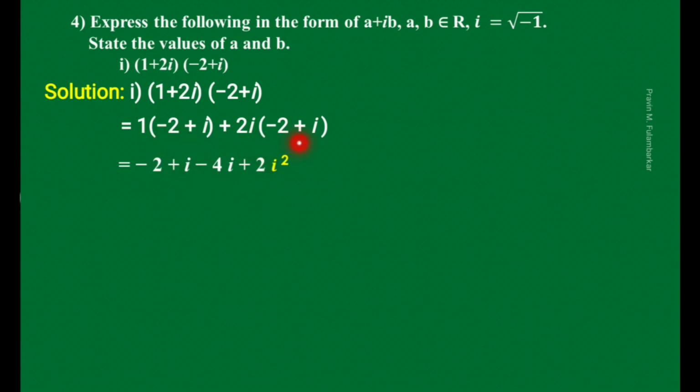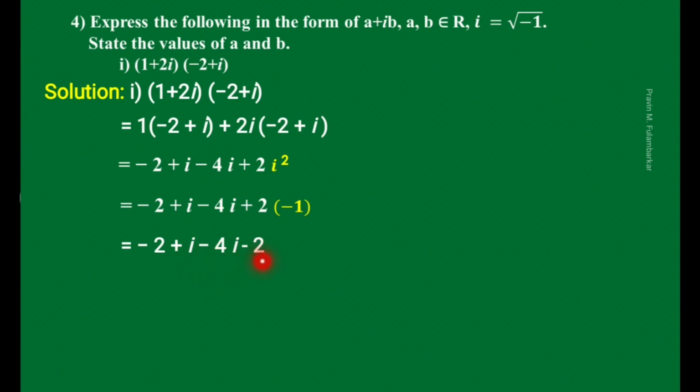Now multiply by 2i to the second bracket, so 2 into 2, and here the sign is plus, here the sign is minus, so we write plus minus minus, 2 into 2 is 4. So write -4i, then 2i into i we write 2i square. Now here this i square we replace by -1. So we write here in place of i square -1. So plus minus minus 2. So in the next step we write 2 into -1 as -2.